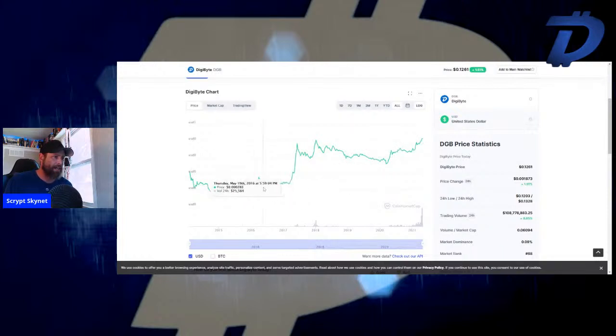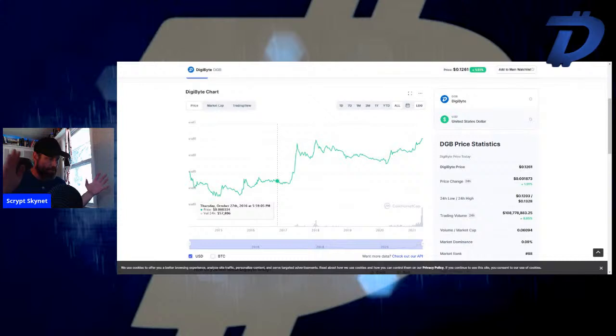But it looks like over here, it looks like way over here. So what does that tell me? If we're in a cycle with cryptocurrency, Bitcoin, Ethereum and all this, and say we're in the middle of the cycle, I don't know for sure, Bitcoin's selling off, but it appears that Bitcoin's not done. It appears that cryptocurrency is not done. If the cycle plays out, we still have another half a year or so, or a quarter of a year. I don't know, guys, but if you go by cycles, DigiByte hasn't even seen anything yet.